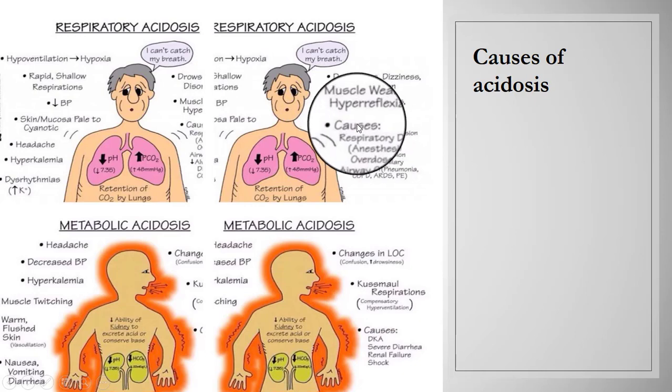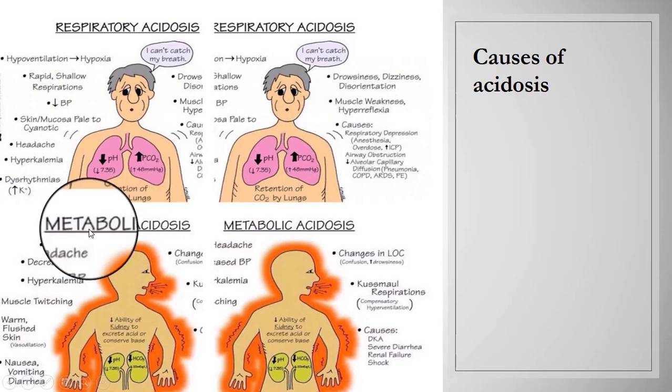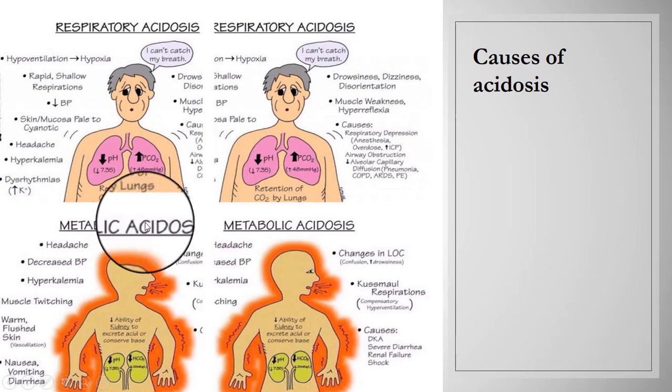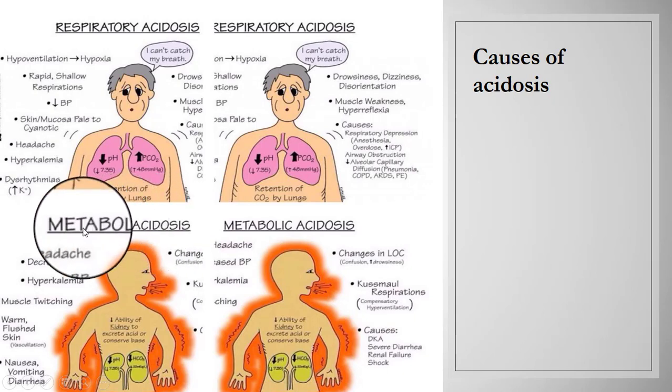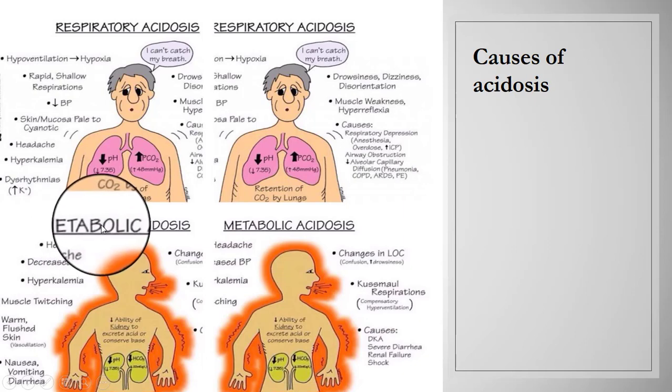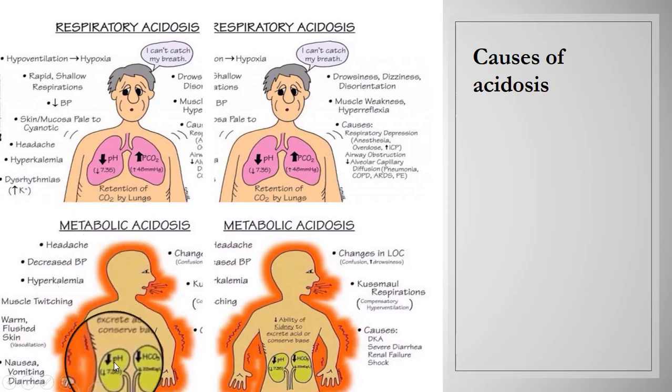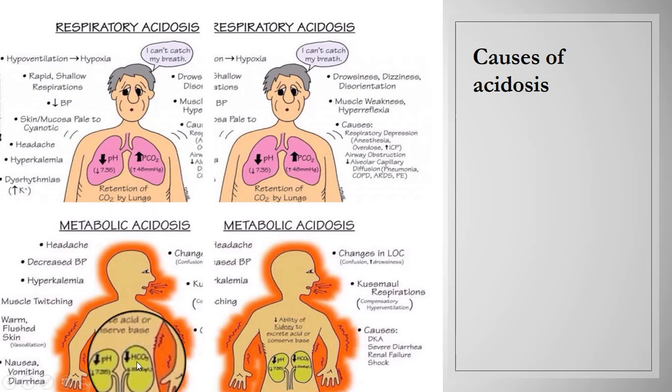Now secondly, we'll talk about what metabolic acidosis is and what the causes are. Metabolic acidosis starts in the kidney instead of the lungs. It occurs when they cannot eliminate enough acid or when they get rid of too much base. There are three major forms of metabolic acidosis. First one is diabetic acidosis, second is hyperchloremic acidosis, third is lactic acidosis. Now one by one we'll talk about them.